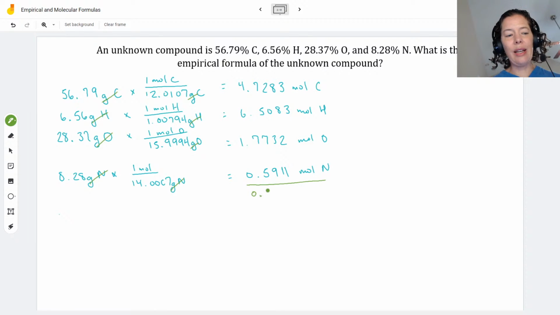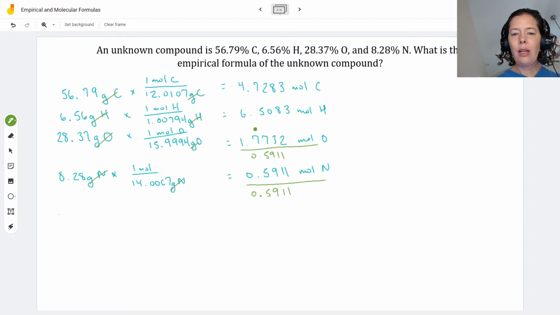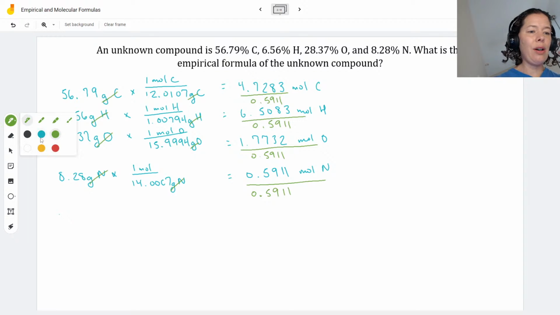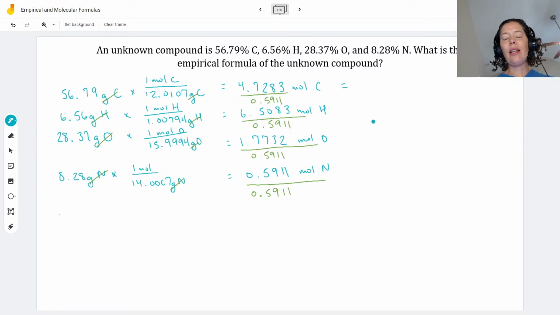So I'm dividing this one and my oxygen and my hydrogen. I'm sorry, I really should have left myself more space because we're still getting crunched here. Okay, so now when I do this calculation, what I get is this moles of carbon becomes